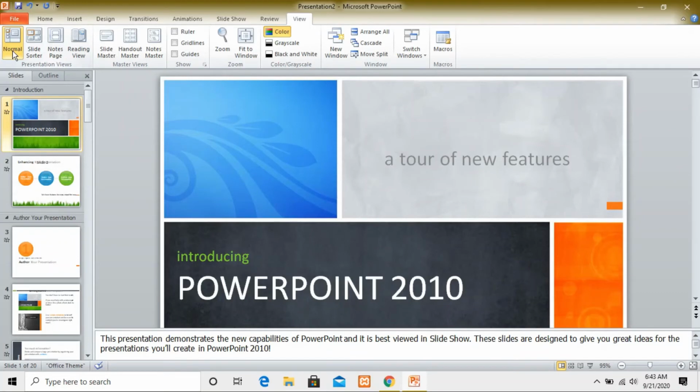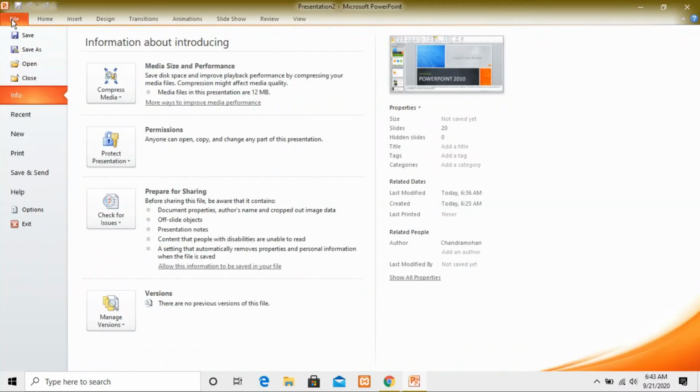Okay, next is, if you want to save your file, then what will you do? For this you just do one thing, that is you have to click on the file tab. Okay, now in the file tab, we have two options, save and save as.